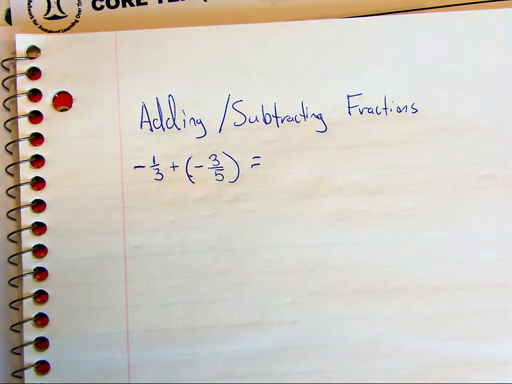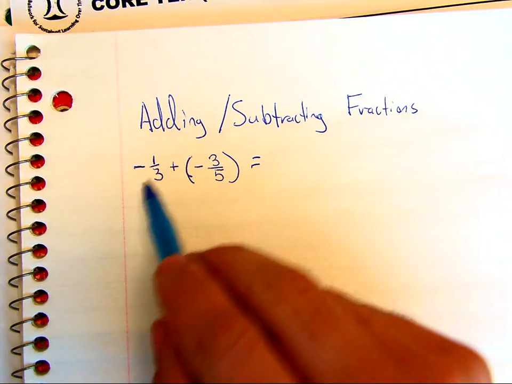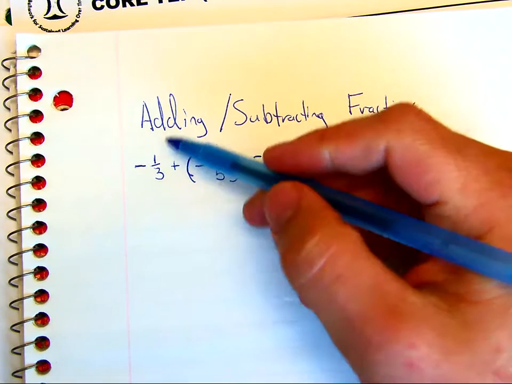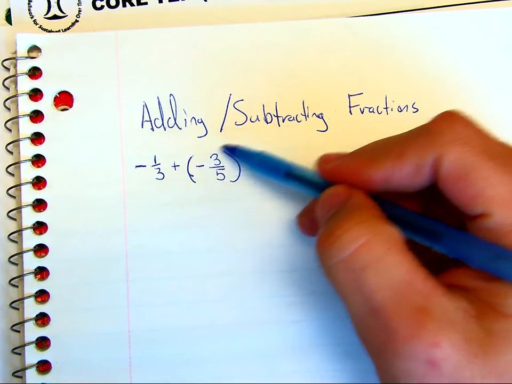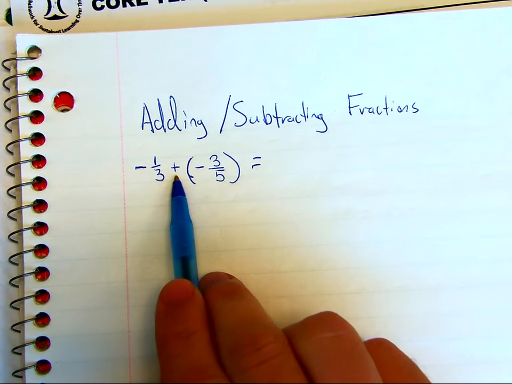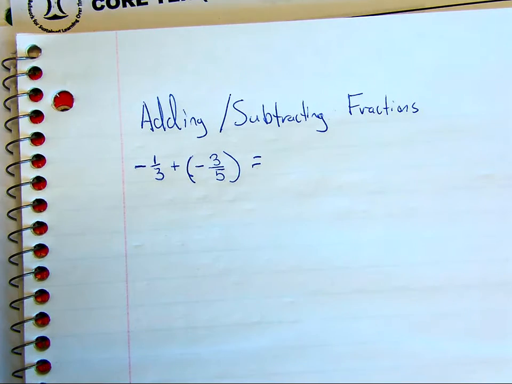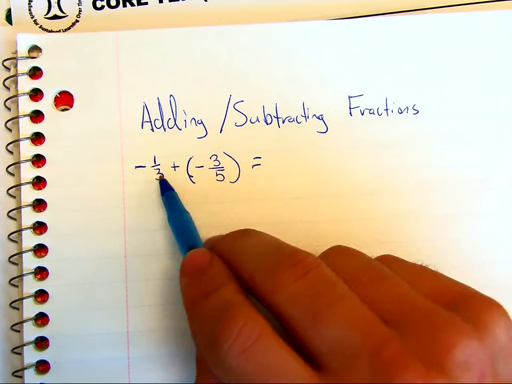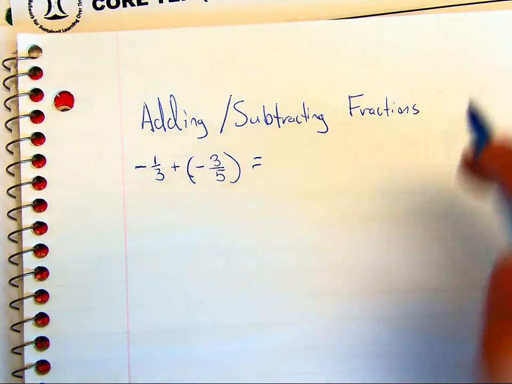So today we're going to look at adding and subtracting fractions, and some of these are going to be positive and negative numbers, like you'll see here. So I have a negative 1/3 plus a negative 3/5. All right, so adding is combining things, right? Counting things up. And when we have fractions, whenever we're adding or subtracting,